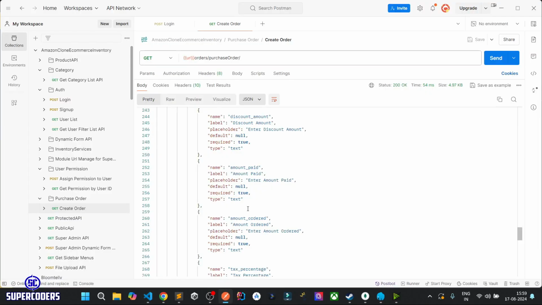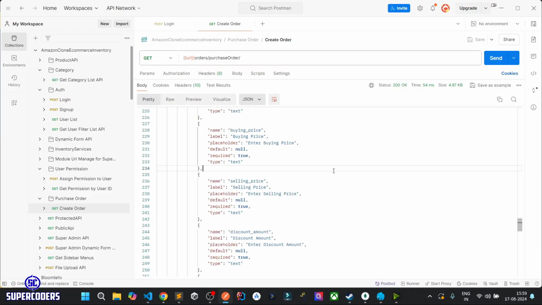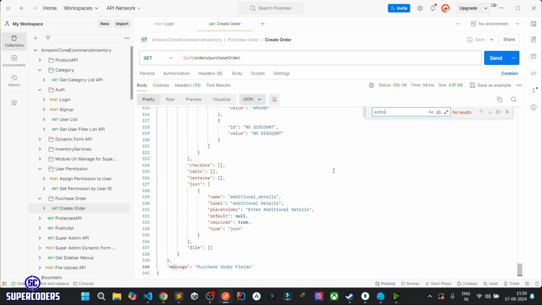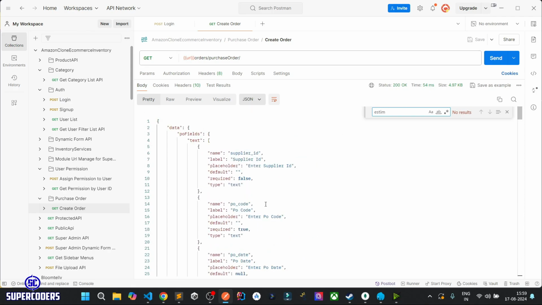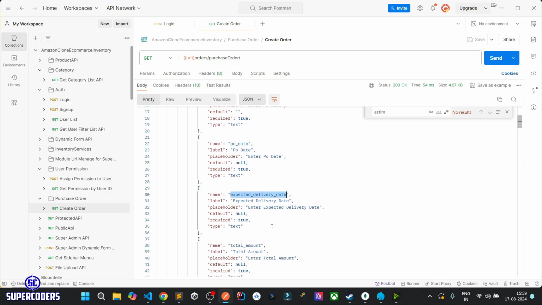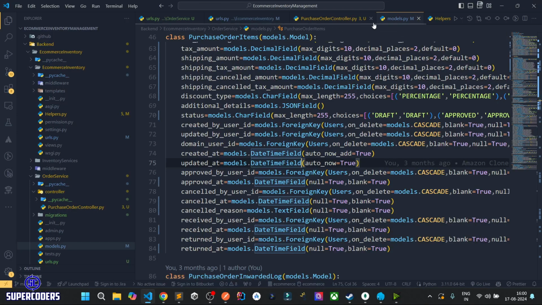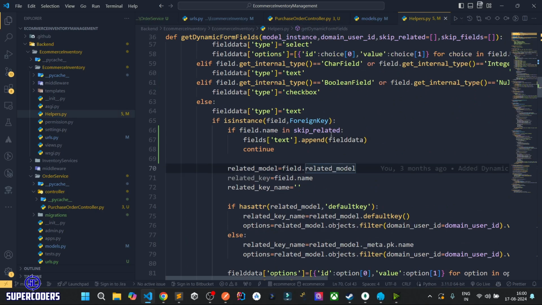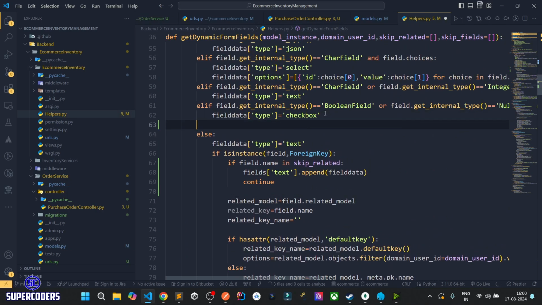If I come to Postman and see some other date fields, like underscore at, let me check. PO date, you can see PO date, then delivery date. These are all date fields, but I'm getting them as text. So what I can do is add one additional key here to understand that it is text, but as a date field. So in the helper method here, after the checkbox elif,